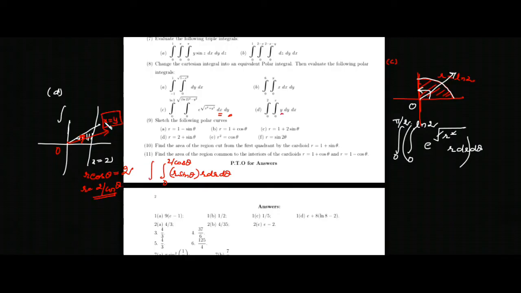So when you put x as r cos theta and y as r sin theta and simplify this, you get tan theta is 1. So it means your theta is pi by 4. So your theta is varying from 0 to pi by 4. These are the limits for theta. Now first you integrate with respect to r and then with respect to theta. Questions number 9, 10, 11 I will discuss later on.